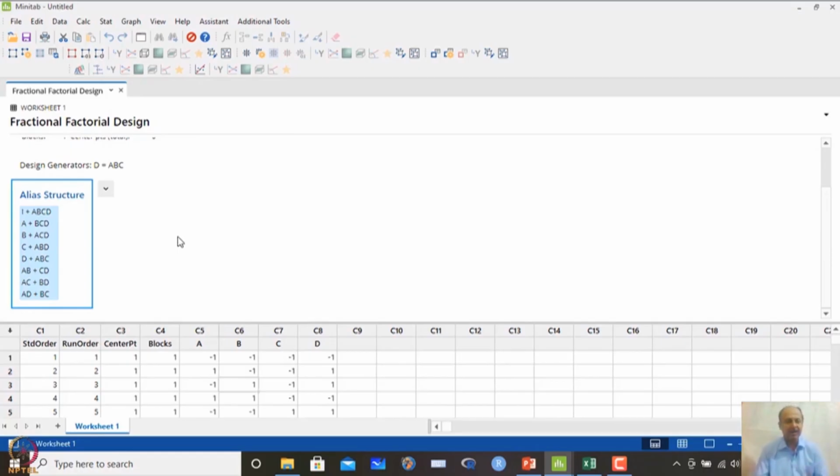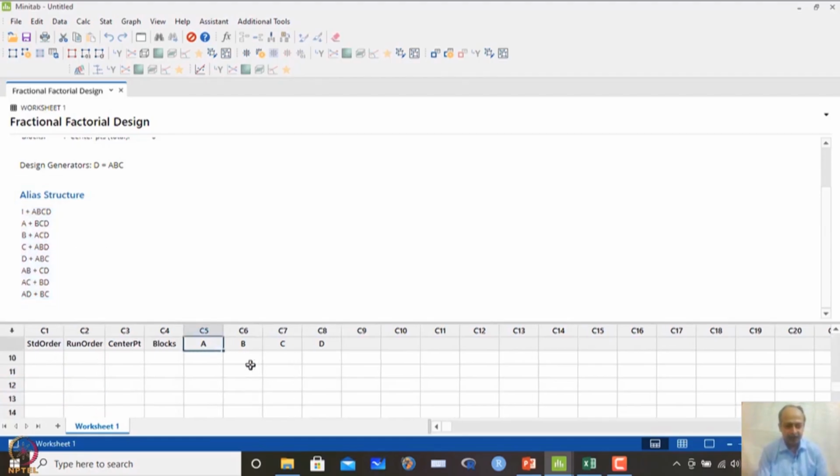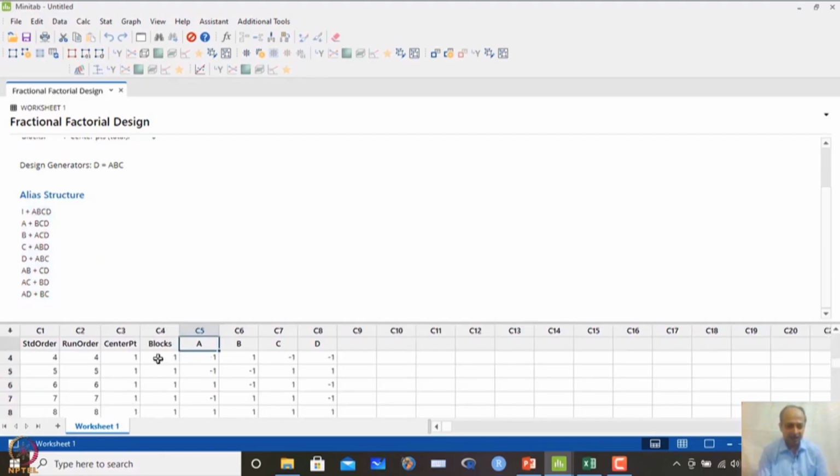So, because higher order interaction has little impact in the system, in that case we can consider that one as ignoring; we can ignore that one basically. Okay. So, when you run this, 8 trials are given over here. There is no blocking over here. So, in this case 8 trials, and we have got the design. So, I have to respond CTQ right over here and then run the trial and then run the